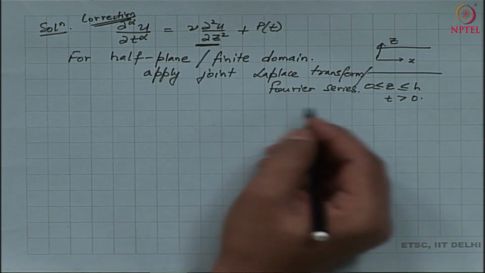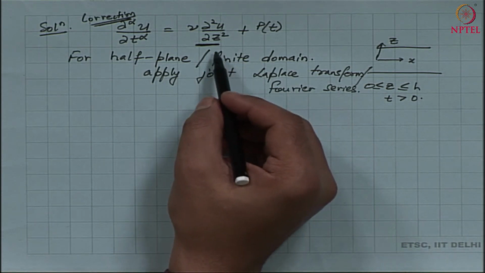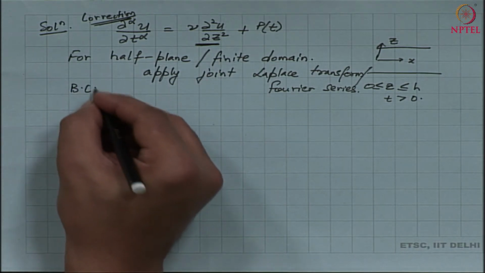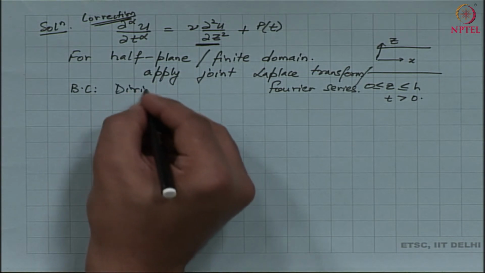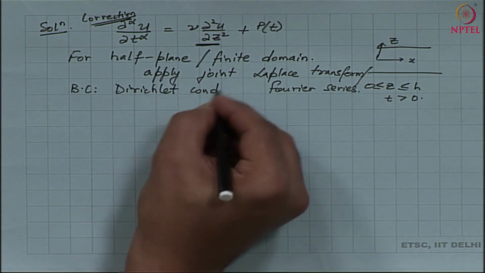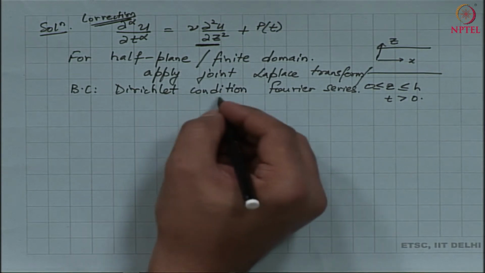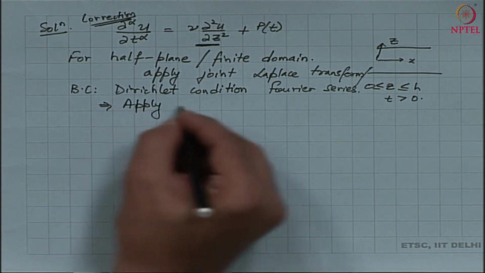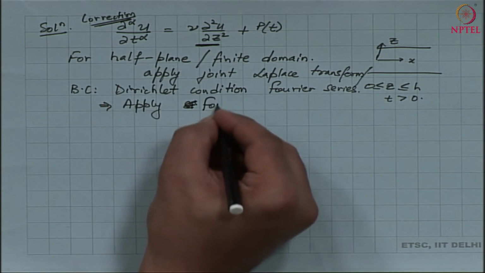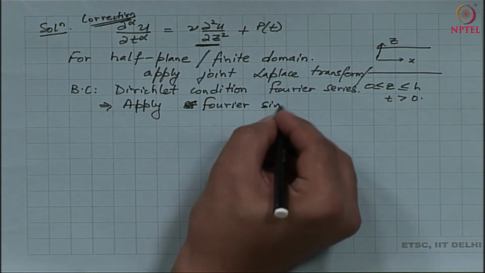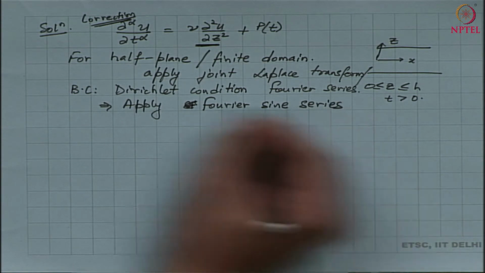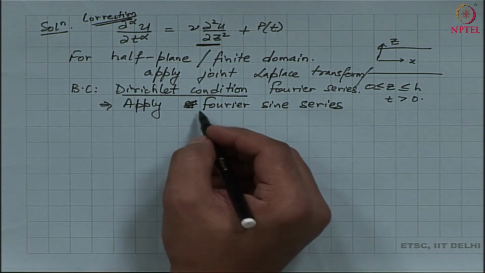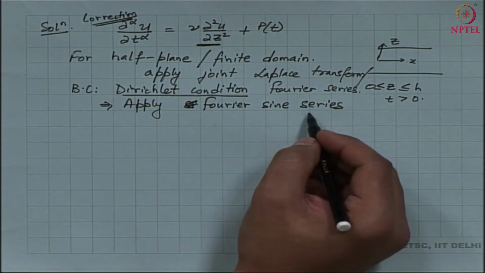Okay. So, what I see is, now notice that I am also given my boundary condition as a Dirichlet condition, because we are given the solution on the boundary. So, we have a Dirichlet condition, and we are going to apply the Fourier sine series. Whenever we are given a Dirichlet condition, we apply the Fourier sine series, and the typical method is, if we are given a Neumann condition, apply the Fourier cosine series.